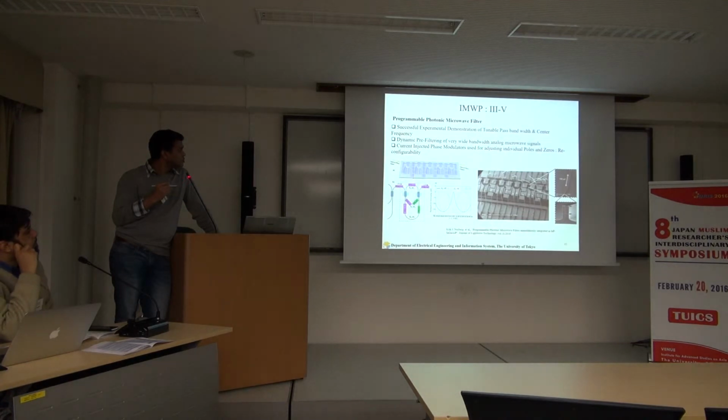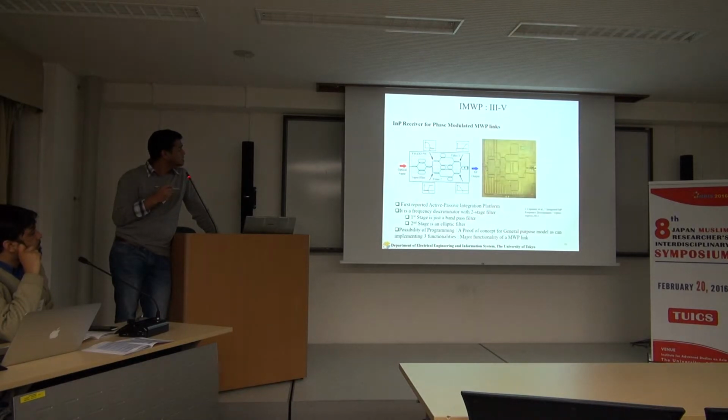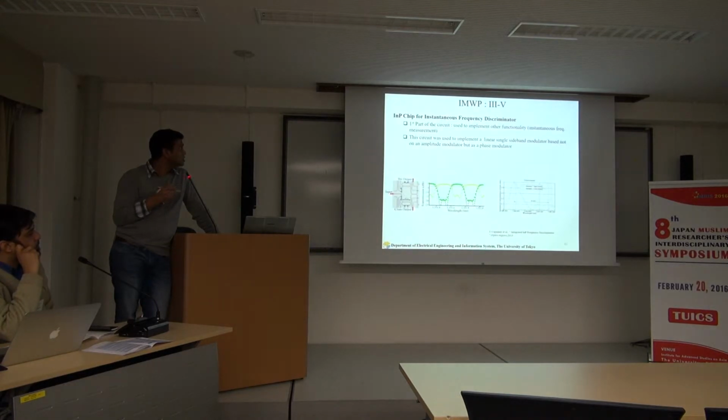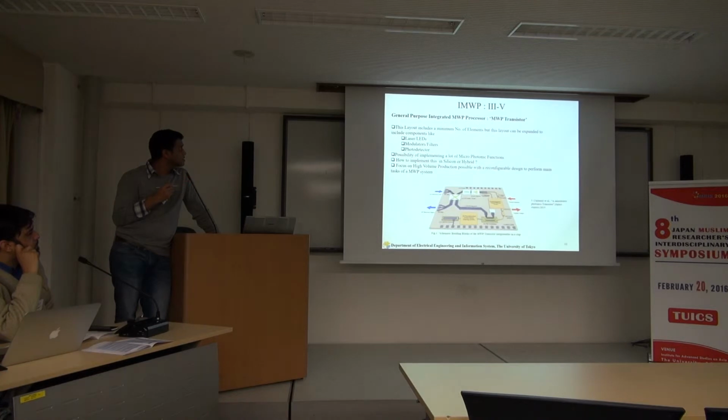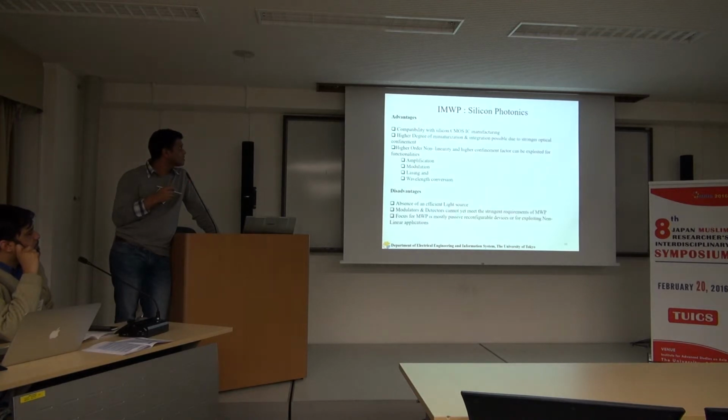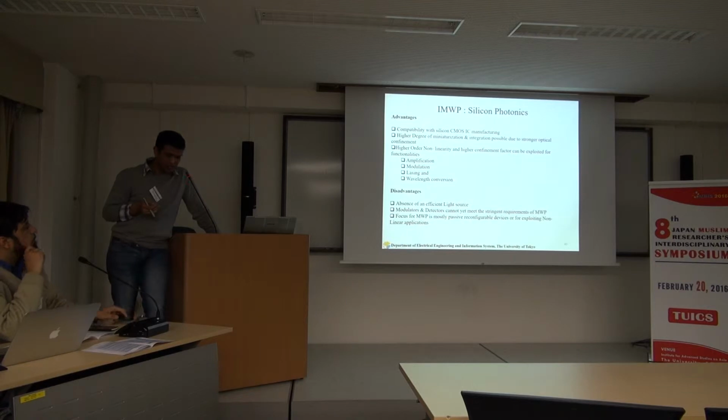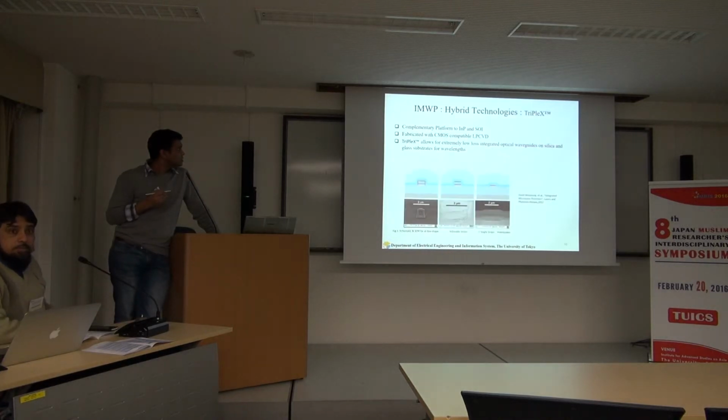In III-V, you also have different components which were successfully demonstrated by different labs. This was in Spain, basically. These are the detector components for III-V, mostly in indium phosphide materials. I'll skip this, and I'll skip the transistor model also. The advantages of silicon are low power. You have applications, but still in silicon you don't have your light source. I'll skip some of the demonstrations.